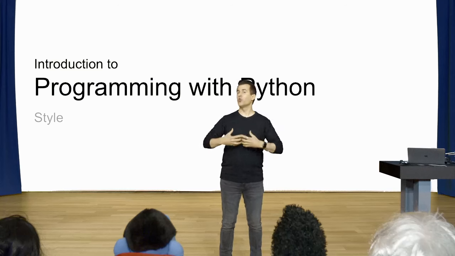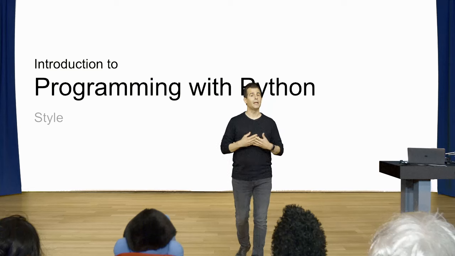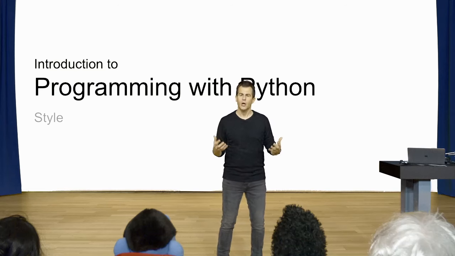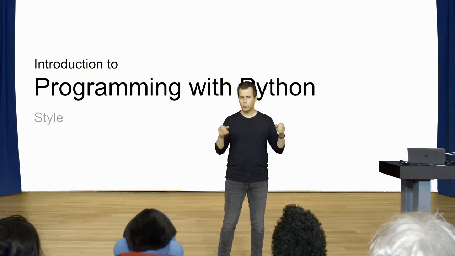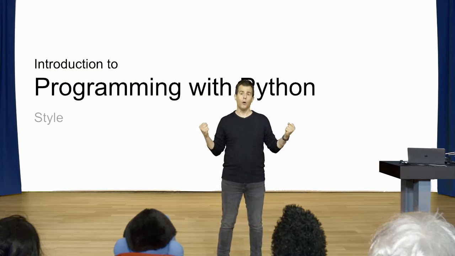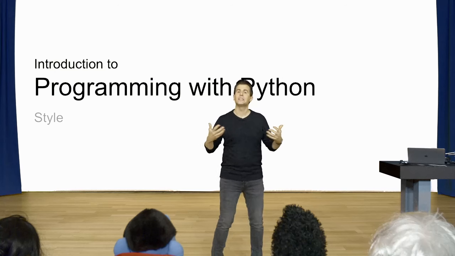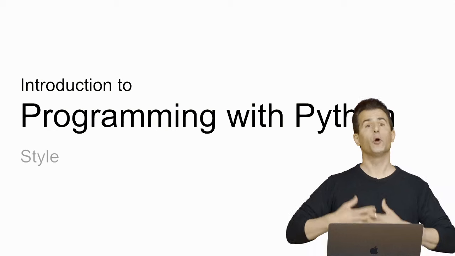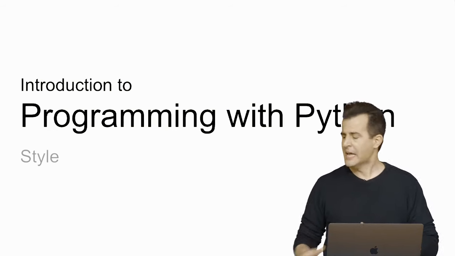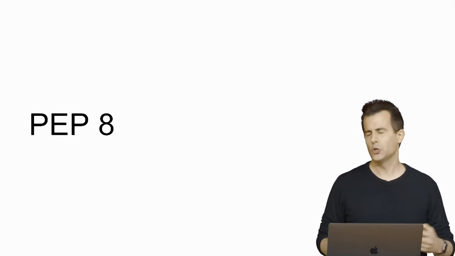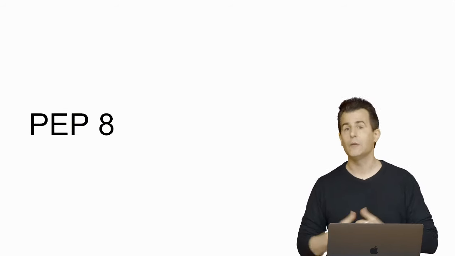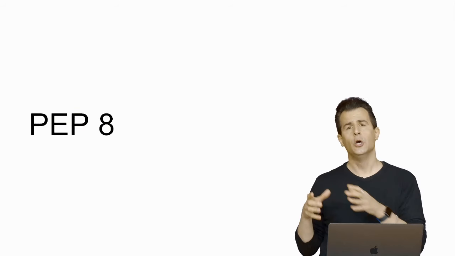Now, style, or the right type of style to use, is rather subjective, and it depends typically on the programmer, on the company, on the course, or on the language that you're actually using. But within the Python community, there are pretty regimented standards that most all Python programmers adhere to, or are expected to adhere to, because this language and community has tried to codify some of their preferences for how your code should look in the form of something called PEP 8. A PEP, or Python Enhancement Proposal, is a set of proposals that the community typically generates to not only propose new ideas, but also to codify certain standards.